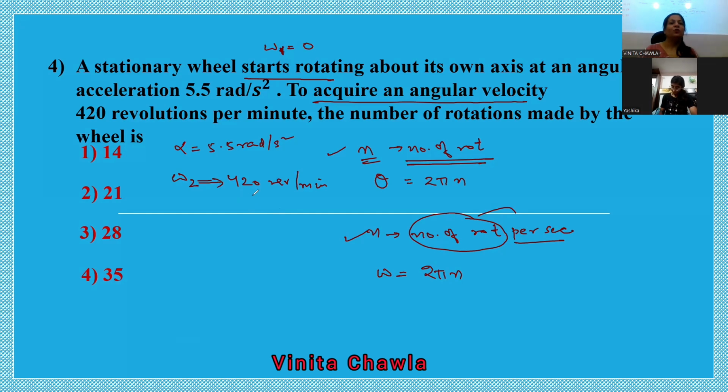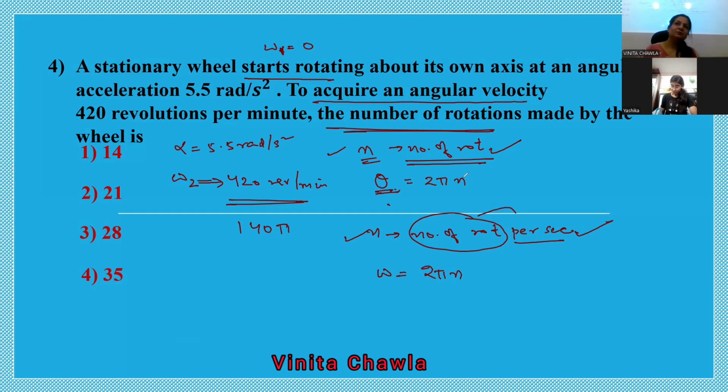420 revolutions पर मिनट दिया हुआ है ना आपको, तो आपको नंबर ऑफ revolutions पर सेकंड निकालना है। ठीक है। तो कितना आ रहा है बेटा? 14π। आपका ओमेगा 2 आ रहा है। अच्छा, अब आपको क्या फाइंड करना है? नंबर ऑफ रोटेशंस मेड बाय द व्हील। उसके लिए क्या चाहिए? थीटा। थीटा को 2 पाई से डिवाइड करोगे तो नंबर ऑफ रोटेशंस मेड बाय द व्हील आ जाएगा।